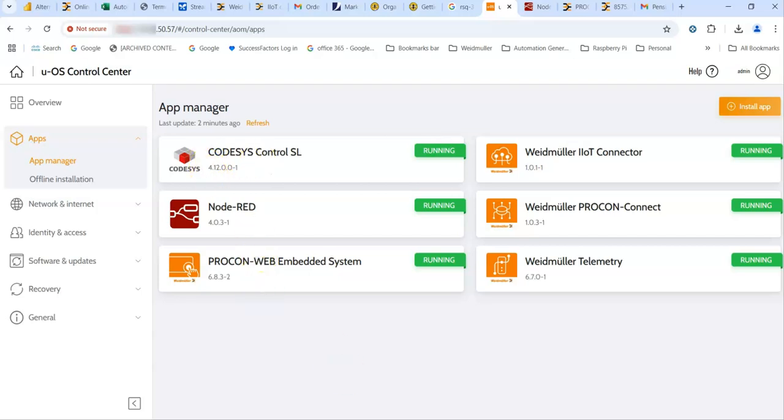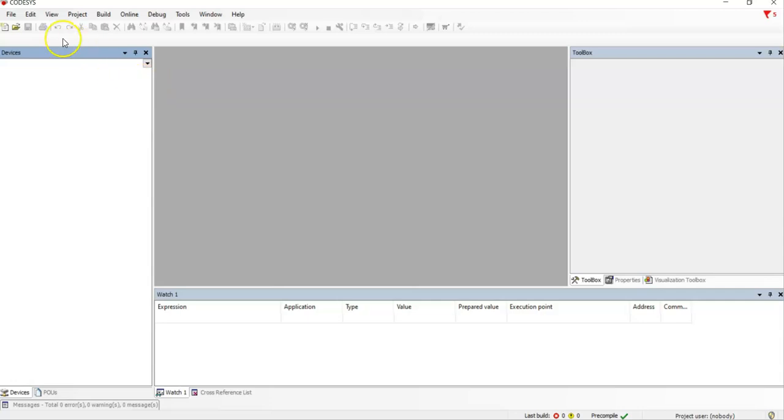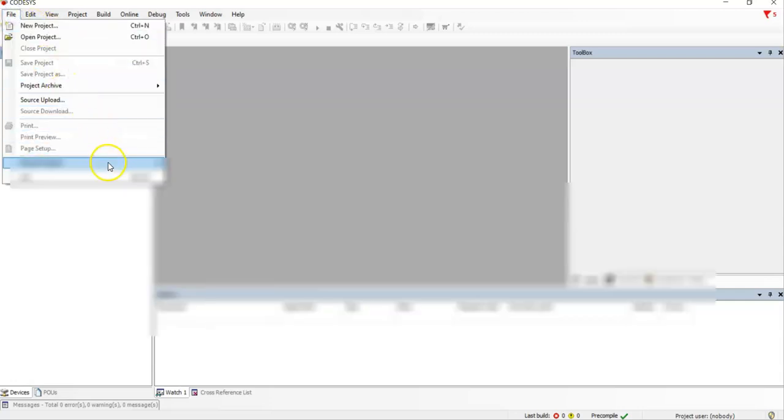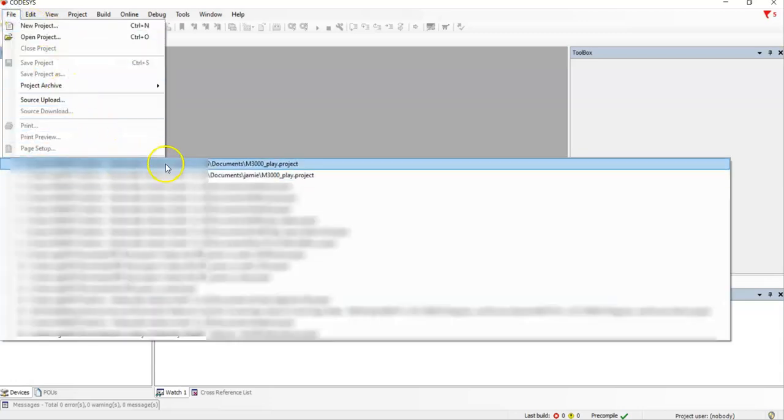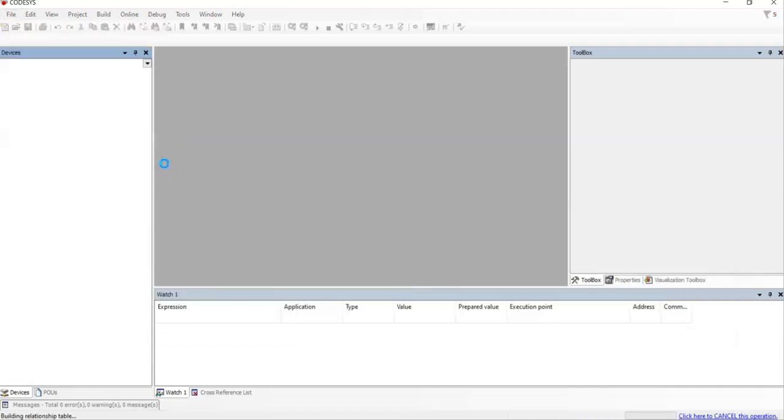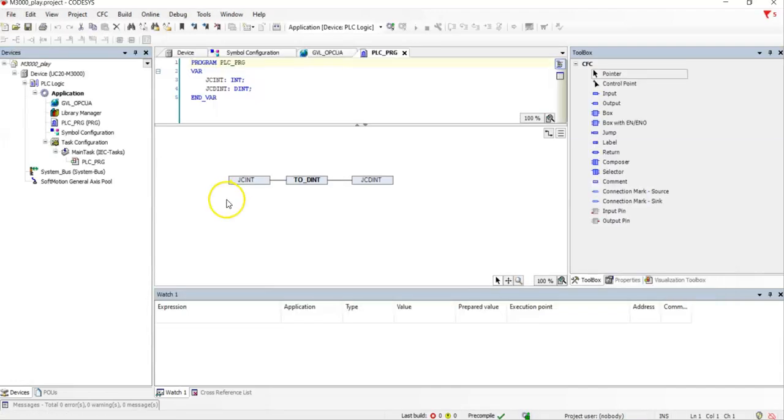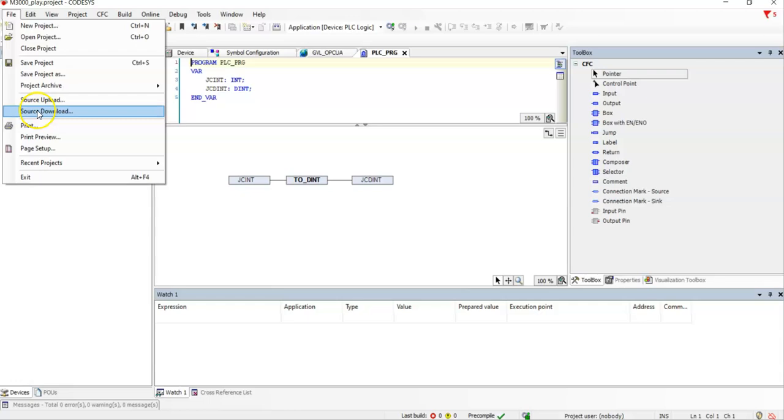Everything's healthy there. So if I flick back to Codesys, open up a recent project. It's a really basic project, just to show the functionality of the source download. So what I could do is, assuming the project is already downloaded into the controller and I'm 100% confident that the project I'm looking at here is the same as on the controller, I can now go to File, Source Download,